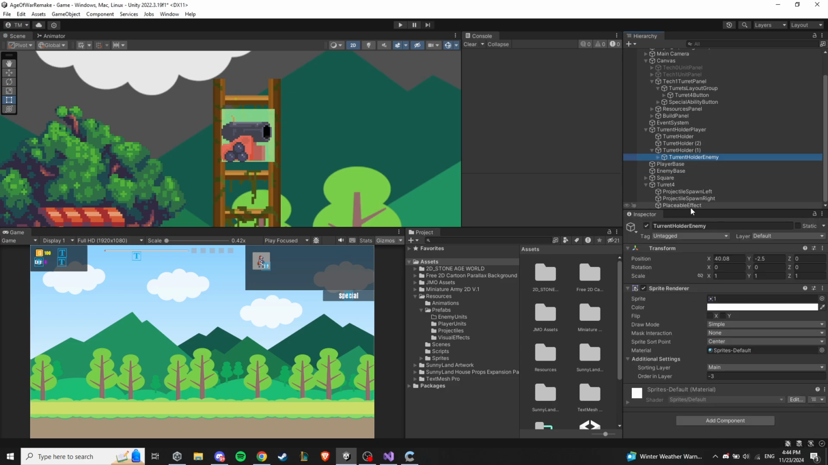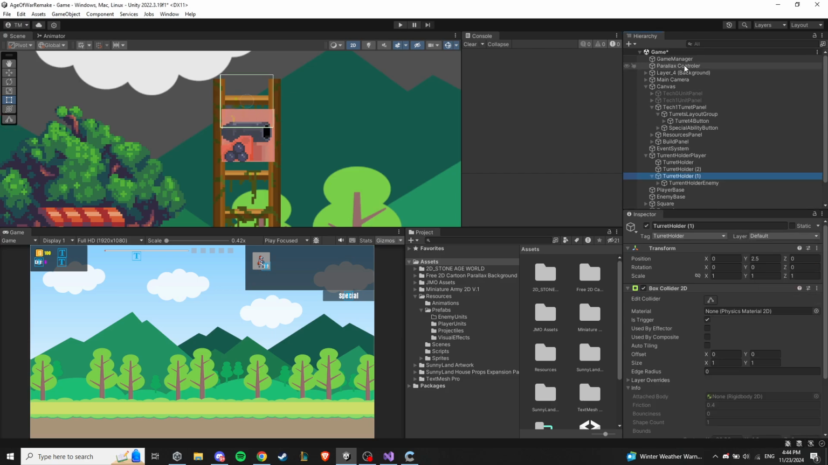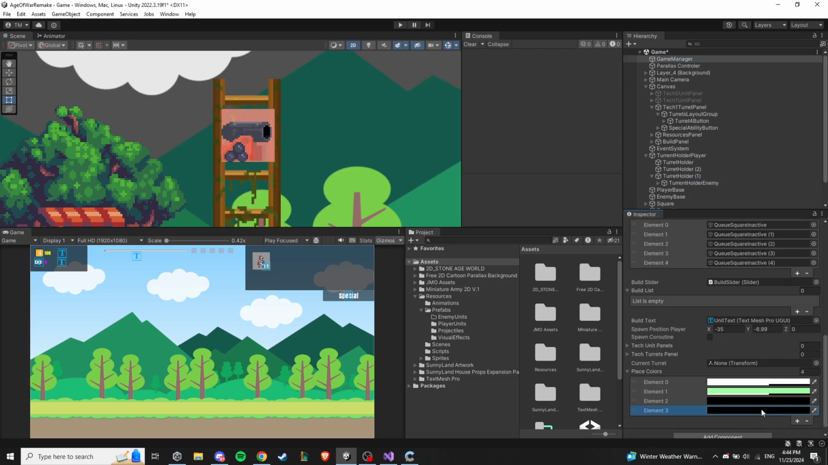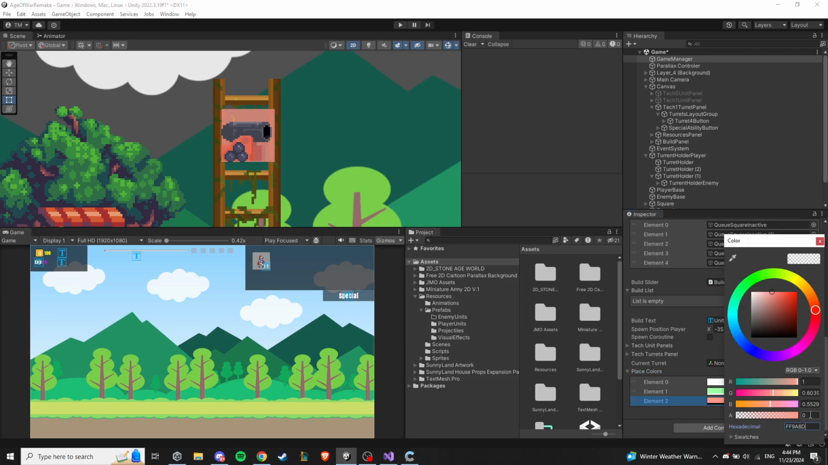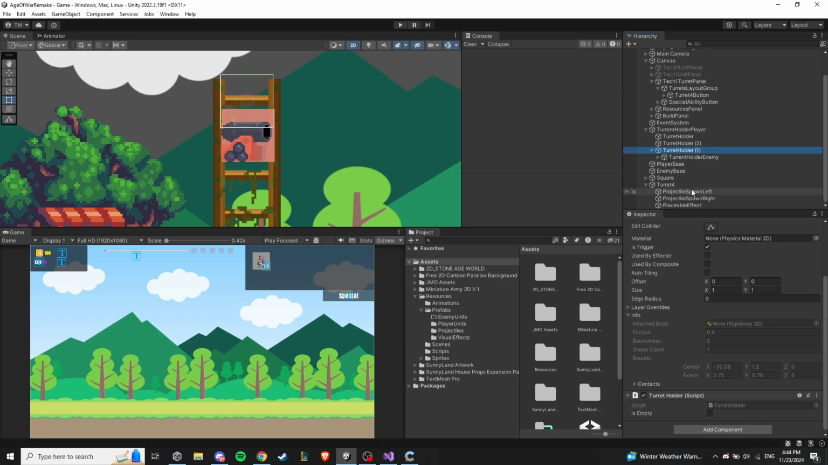And now red. Something like this. Okay. And now that we have the colors, let's create the logic for this. But first, this turret here,